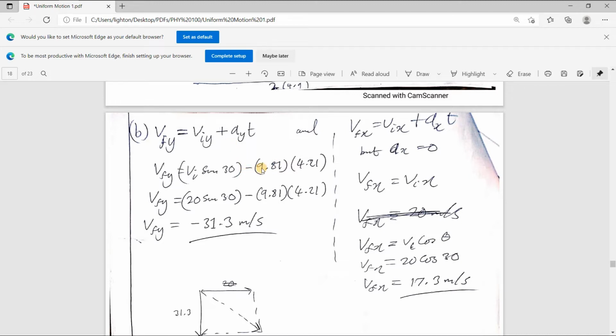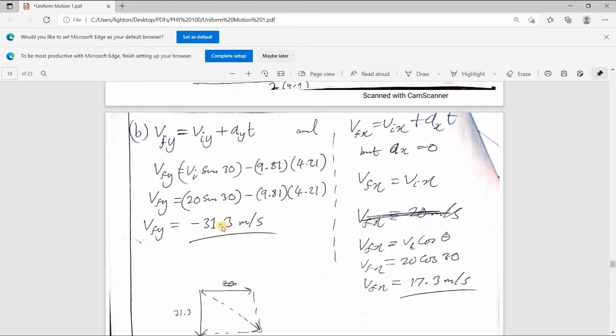That's why it has a minus here. t is just 4.21. So vfy is equal to 20 sine 30 minus 9.81 times 4.21, where vi is 20 meters per second, and simplifying, we get minus 31.3